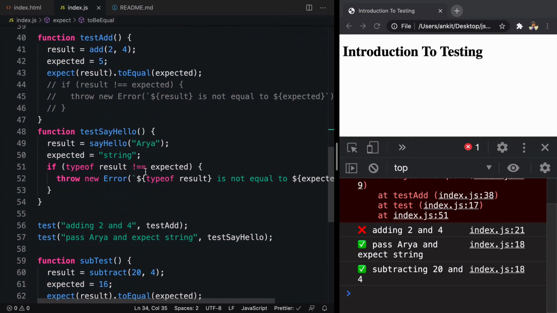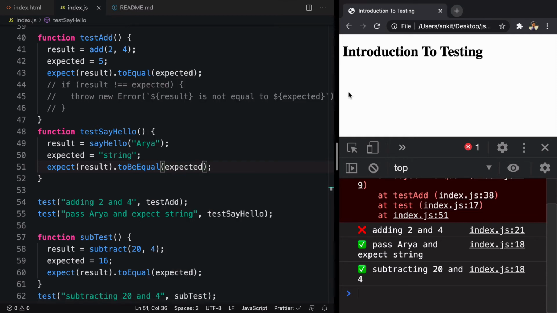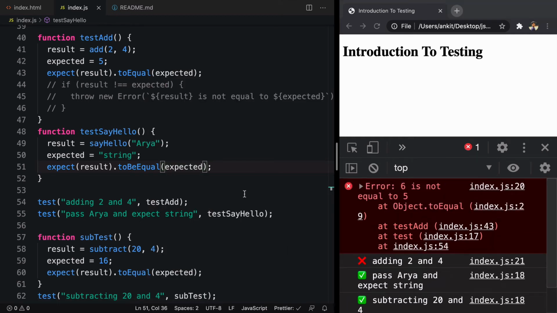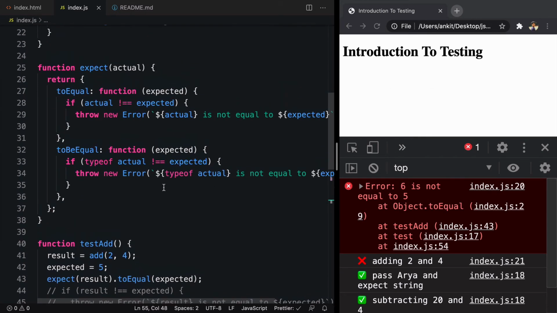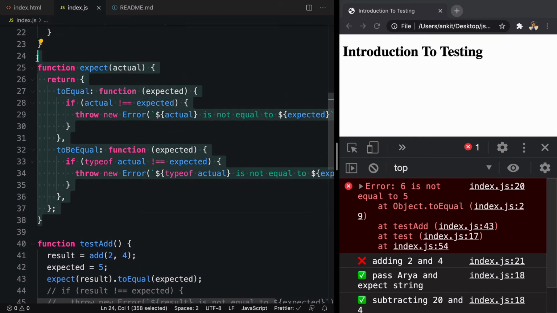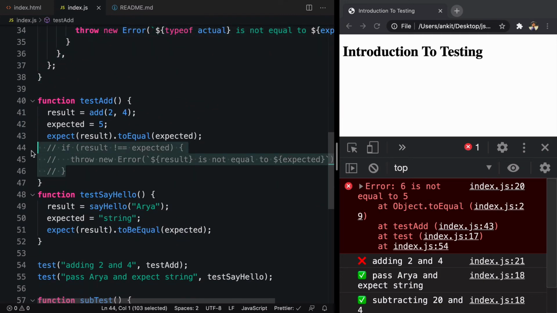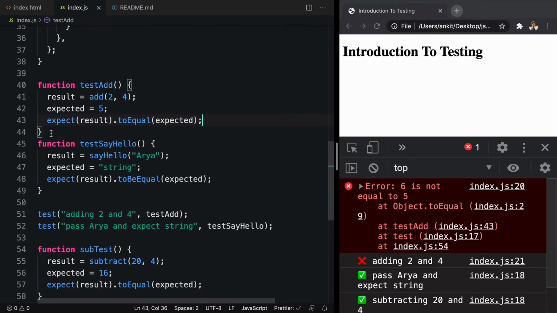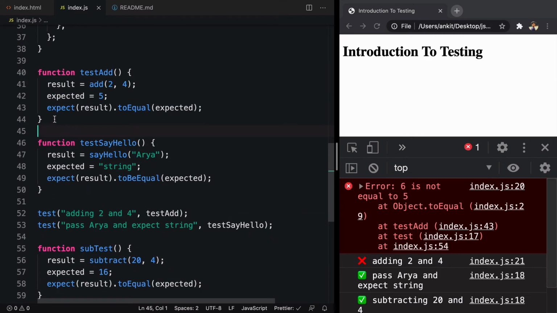And we'll replace this if else with our function that is expect result to be equal, and here we'll pass a value, whatever is expected. Refresh it and we'll see everything is working properly as it was. The reason we are making another function for this is because if we carry this function all around, we will have to write tests like this. And if you compare the older one, writing if else all the time, that looks a lot more complex.